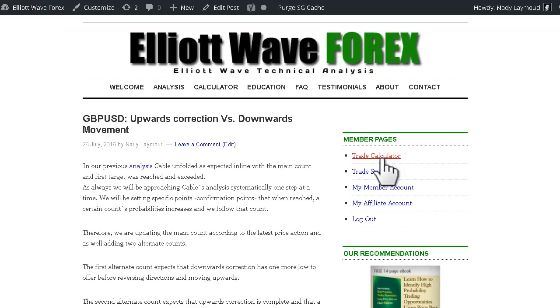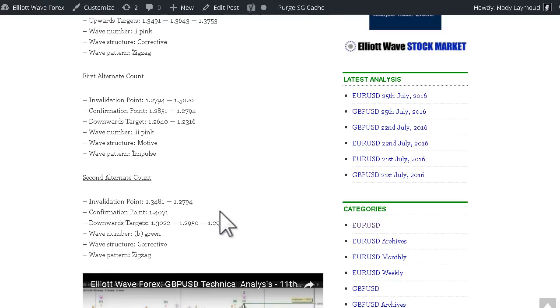The first alternate count expects that the downwards correction has one more low to offer before reversing directions and moving upwards. The second alternate count expects that the upwards correction is complete and that a downwards motive wave is underway. We will be discussing these counts in detail for further clarification in this video, and we will start by viewing